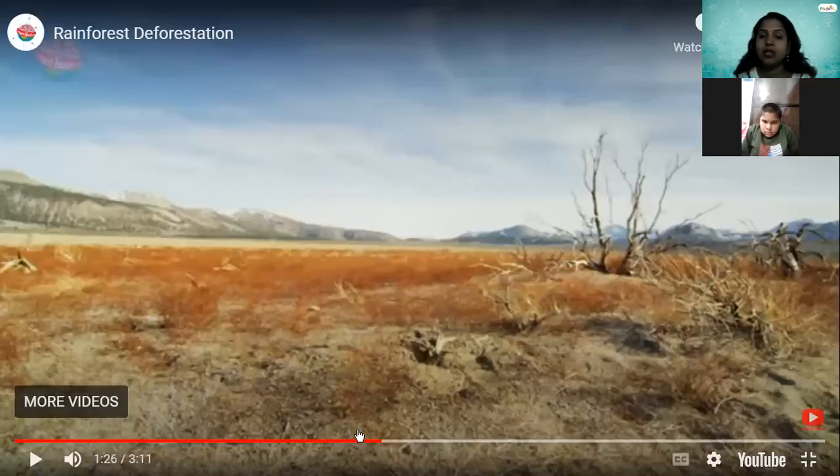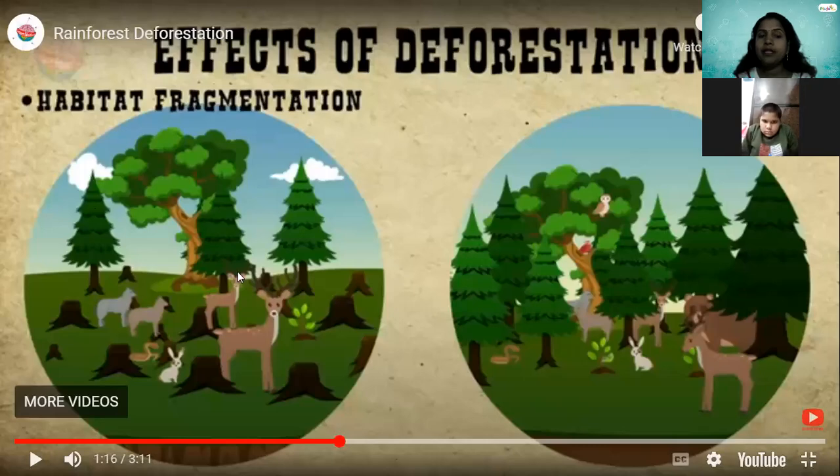Because as they lost their habitat, then what happened? If this area is cut down, then what happened? These animals are moved to this area, right? Yes, ma'am, already there are also some animals there. They occupied that place. If they are coming here, then what happened? Fighting between them. Yes or no? If this is your place, then I'll go there. Then can you give me some place? No, fighting is there because you occupied your place already. Understood? I'm giving you one example.